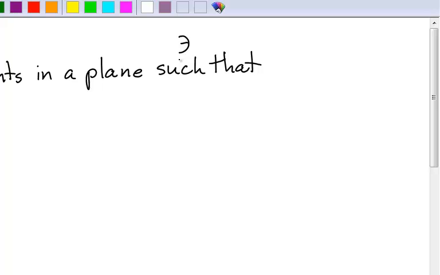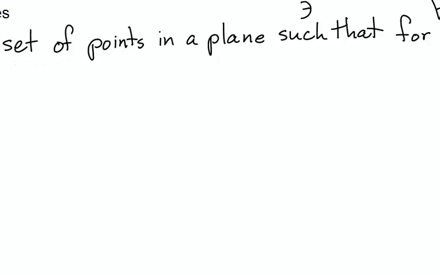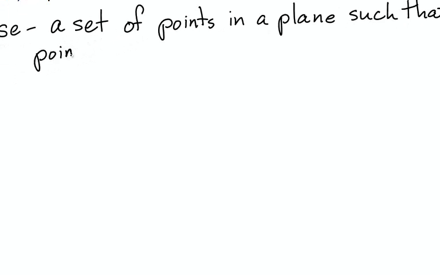Okay, mathematicians are lazy, we're not going to write everything. Such that for each, and "for each," "for all," "for every," "for any" is going to be an upside down A. Okay, for each point in the set,